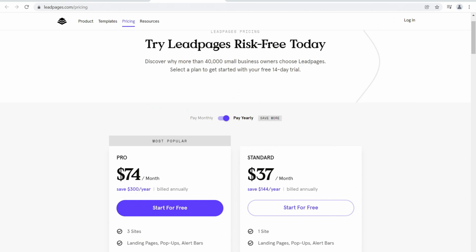Anyways, what's the price point? All right, so you can pay yearly or monthly. If you pay yearly, it costs about $144 a year, billed annually. Some of you may be like, oh, that's a bit expensive, but it's not if you're using Leadpages to grow your email list. And then when people subscribe, direct them to a thank you page, then make an offer, and then send them down the funnel that you have set up. All right, so anyways,